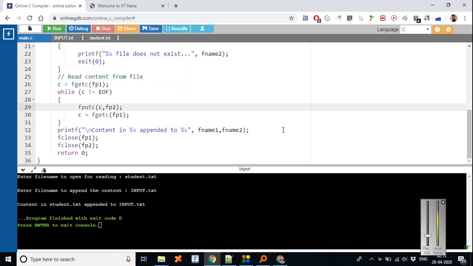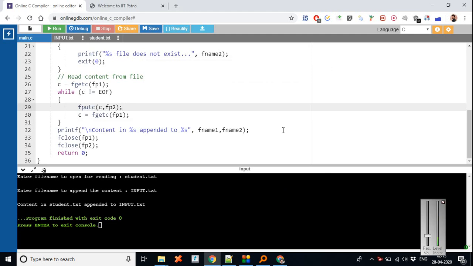Okay guys, in this lecture we will see the append mode. We discussed in the initial lectures that we had a read mode, a write mode, and finally an append mode. Read mode will only read the files for you, no more writing permitted. Write mode can only write to the files, but it will blank all the contents before writing. Finally, we have an append mode.